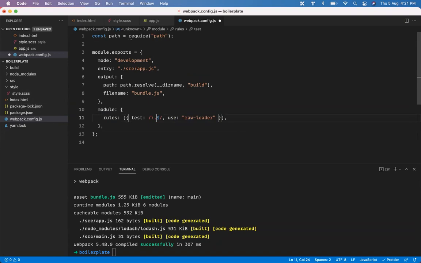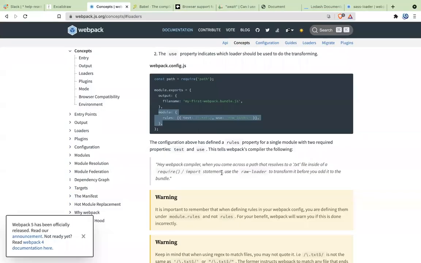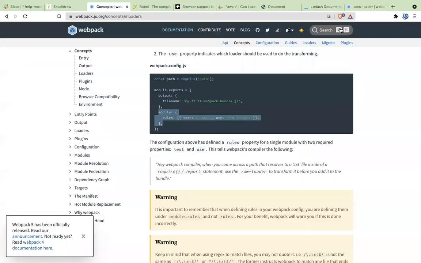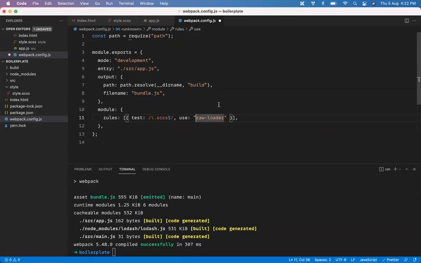The first rule is whenever you see a file called SCSS, I want you to use different loaders. Rather than loading the SCSS file directly, you have to convert this SCSS into CSS and load the style. That is a process that we need to follow. So let's see how we are going to do it. Here we have use. Whenever you're going to use it, generally you will need different kinds of loaders for this. So let's call it SCSS.